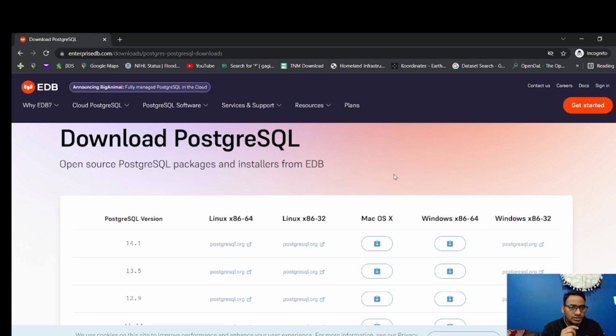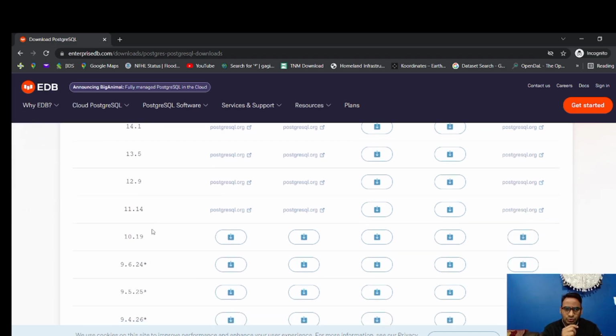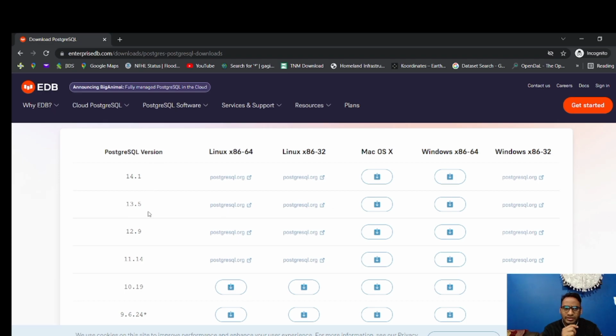So this is quite visible to you that you just need to go on enterprisedb.com, go on the download section, go on PostgreSQL and downloads. Okay. Here you have different versions along with different operating systems, and since I have been using Windows, I will prefer to go on Windows, and also will prefer to download the latest version, and will request you to do the same, to download the latest version no matter which operating system you're using. So I'll go with Windows.